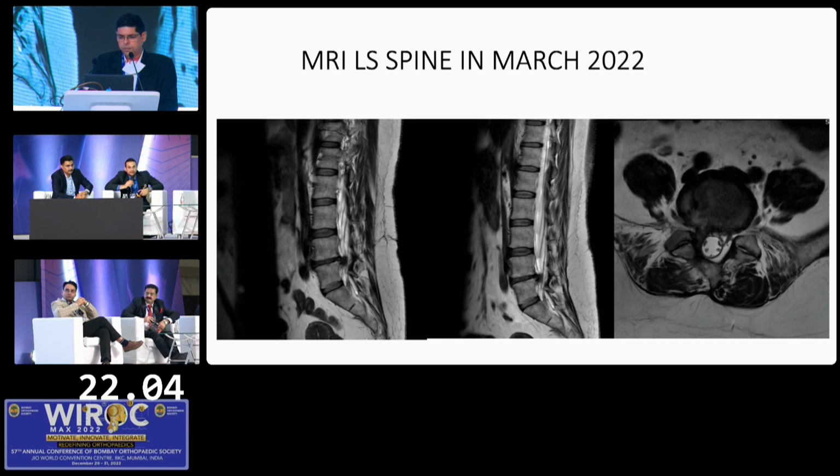Definitely going for taking dynamic X-rays, lateral views, and since this has been a revision surgery, a second surgery, a reprolapse of the disc, we would definitely opt for fusion. So I'd like to have a vote on this. How many would go for a repeat discectomy here, and how many would go for a fusion?